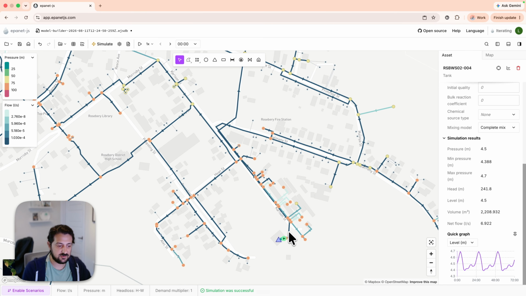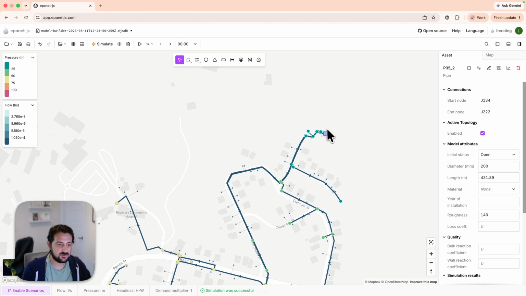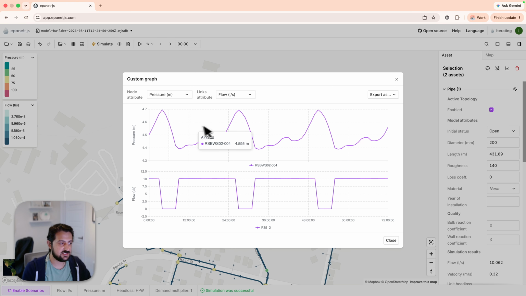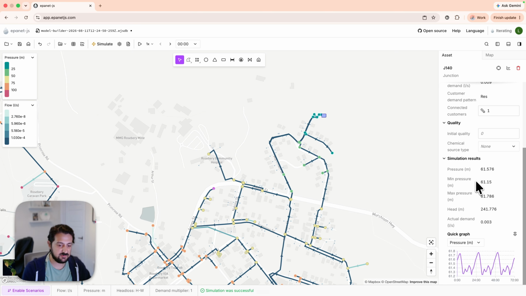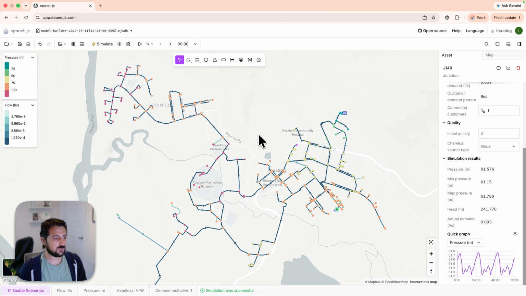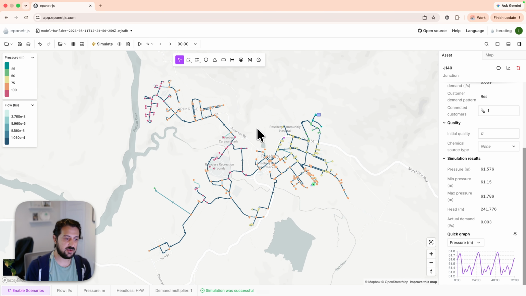For example, we could also multi-select by clicking, say, a pipe and then also the tank. And now we can graph both elements and we can see quite clearly the tank comes up as the pump is on, it's off, it comes down, and it will cycle on and off like that. And if we now look at, say, the pressures at any location, we can see that it's cycling nicely as you go. So at this point, I think this model is built and running very quickly.